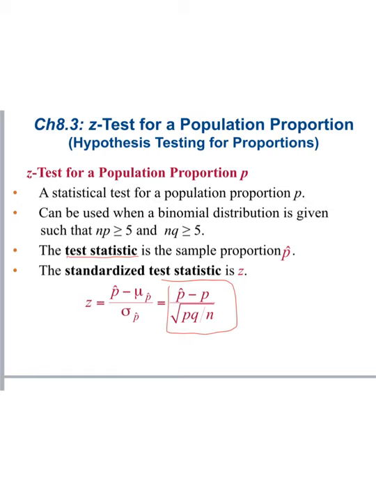Because you took a sample to test the claim. So you should know this, or it should be given to you. p-hat should be given, minus p, the population proportion, and the claim is about the population proportion, so you should know that. And then it's p times its complement divided by n,